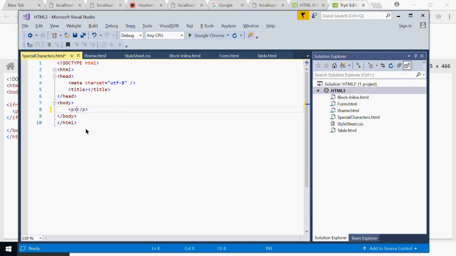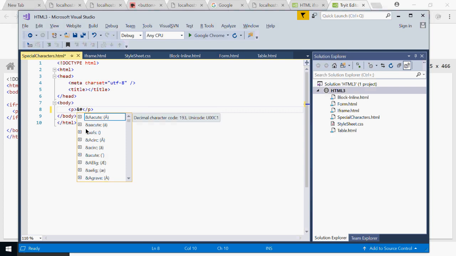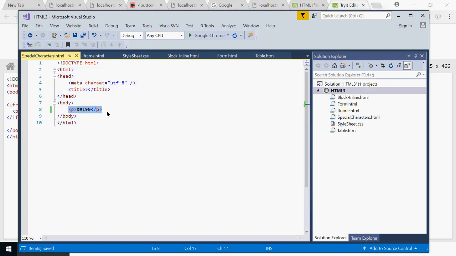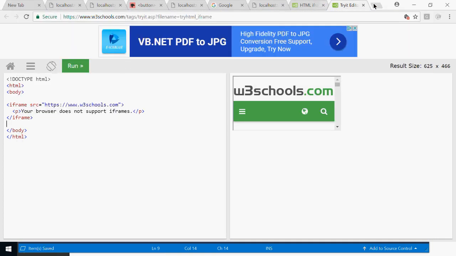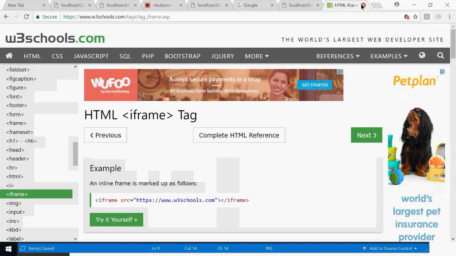Okay, here I'm writing ampersand hash, then whatever code I want I can write. For example, I'm writing code 192. So this will display a symbol. For example, I'm writing some codes, 1020, 1200. So that will display different symbols. I'm just closing this,